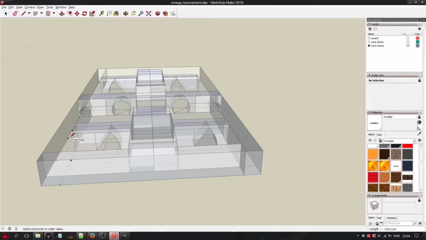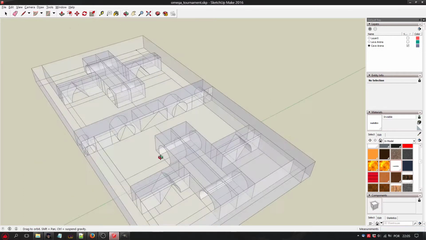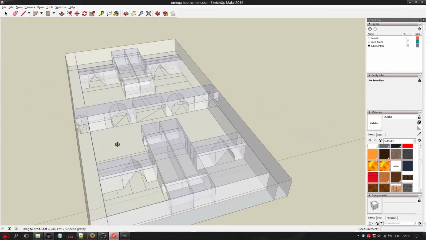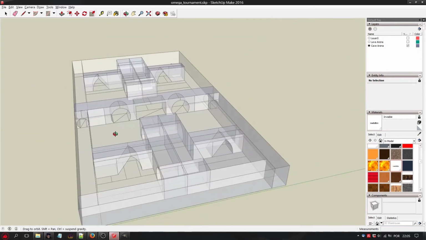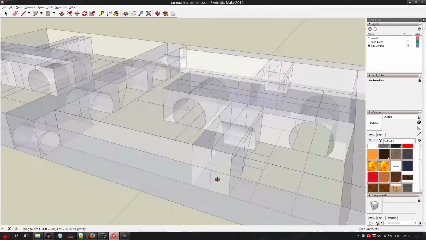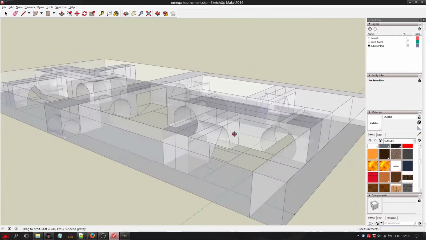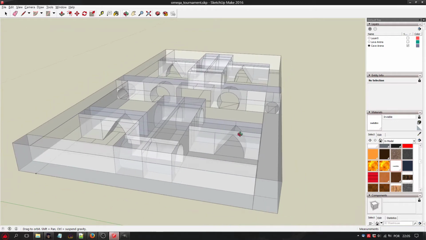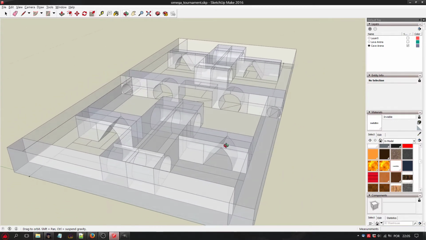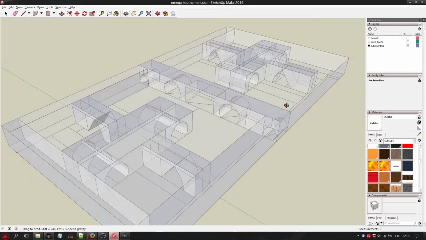Let's continue. Now for this size it seems it's okay.